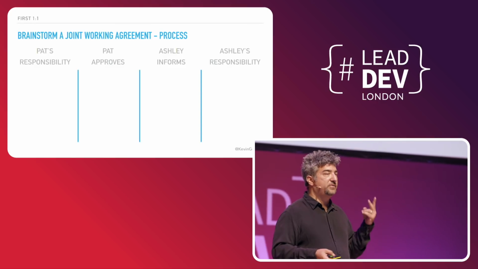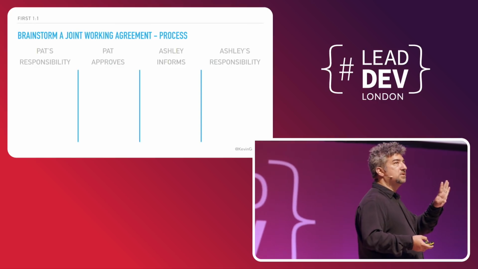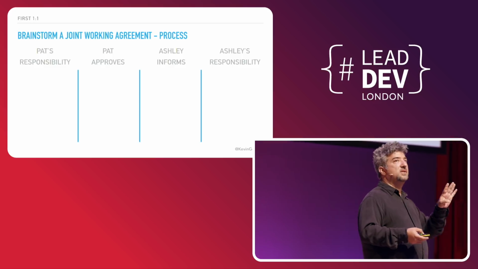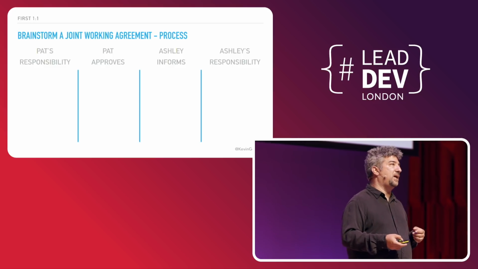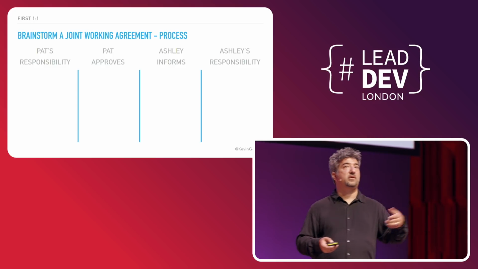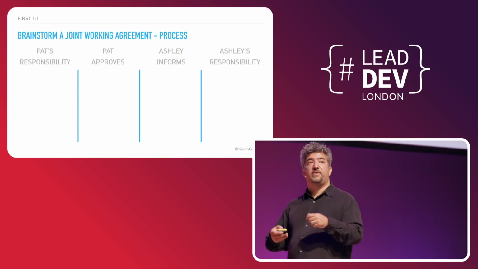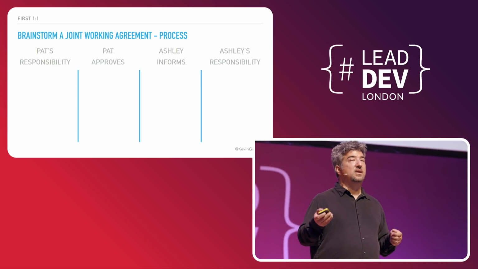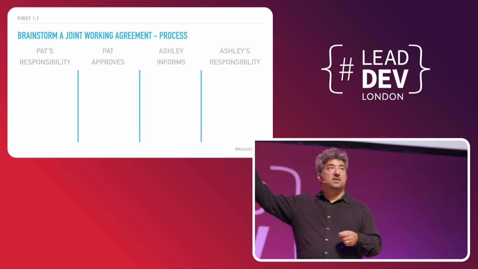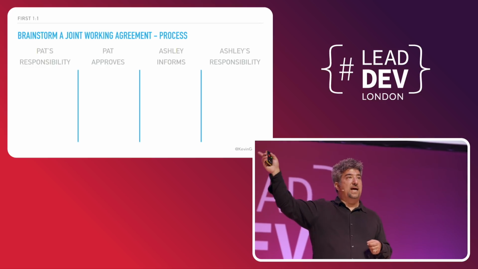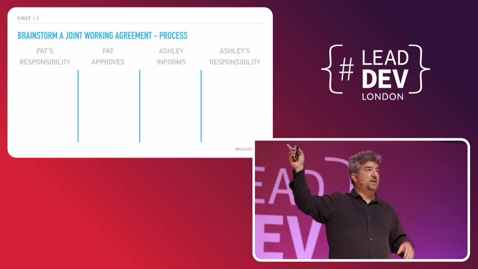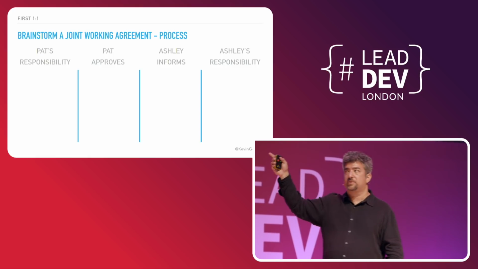Now you have, instead of 2 columns, you have 4 columns. So these 4 columns, this is how I'm going to delegate my responsibilities to you so that you can learn them. And we have a very explicit kind of agreement. The first column is, these are my responsibilities that I will keep. This is just mine. This is part of my job. I will continue to do this.